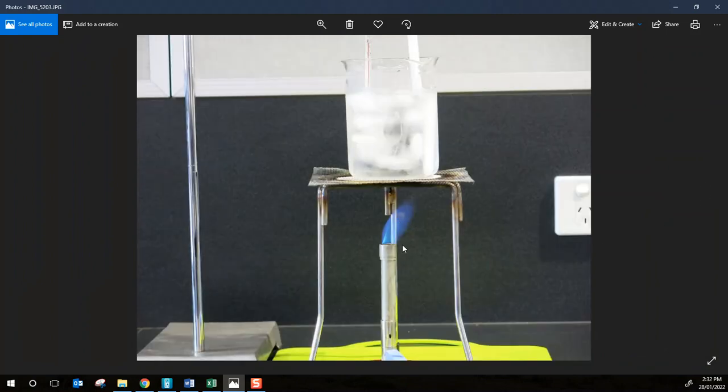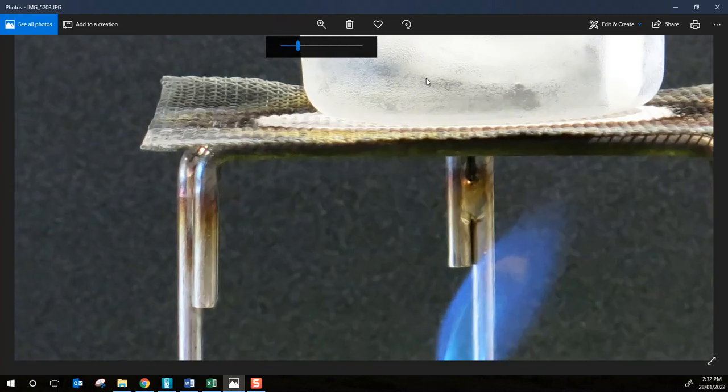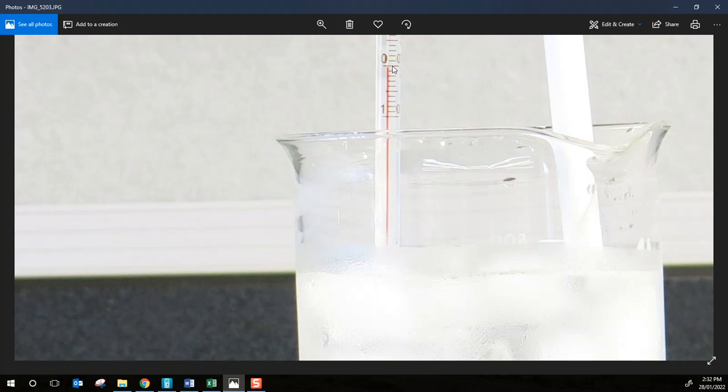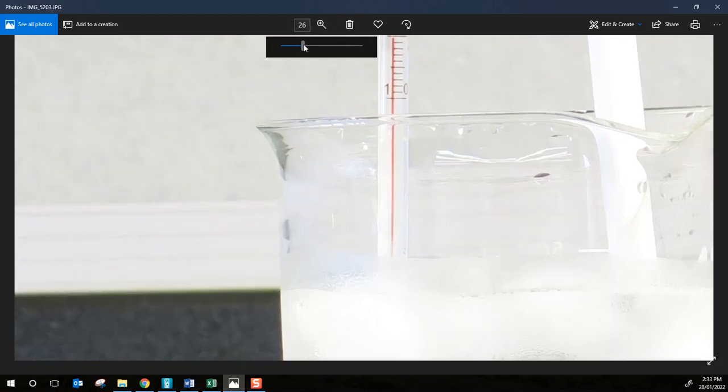Now, we've lit the Bunsen by this stage, so the Bunsen is on the heating flame. You can see the blue flame there. There's a bit of a draft in the room, so the Bunsen flame wasn't going directly upwards. You can see the thermometer up there, still lots of ice in there, and it's pretty hard to see from this perspective. If I go and have a close look, it probably looks like we're a little bit below 0 there. Again, let's see if I can go any closer